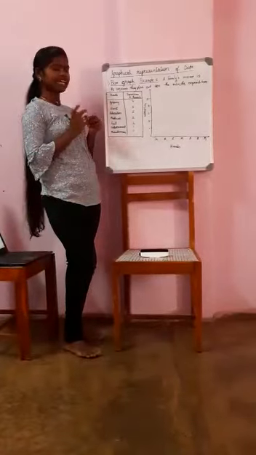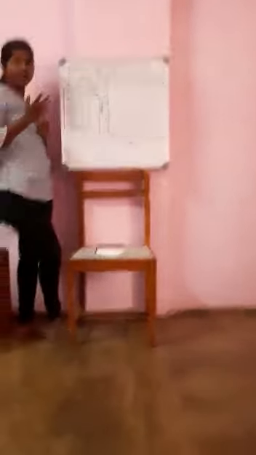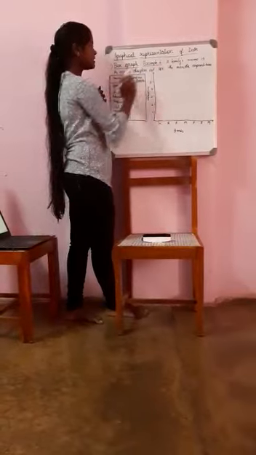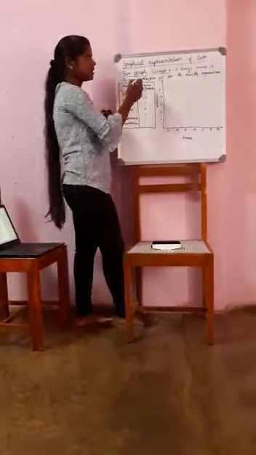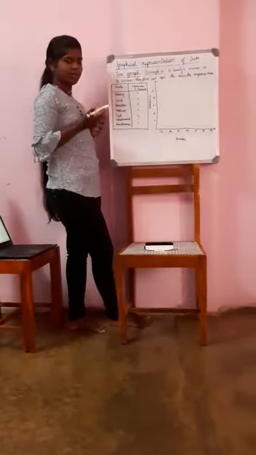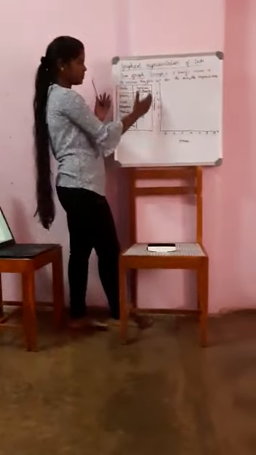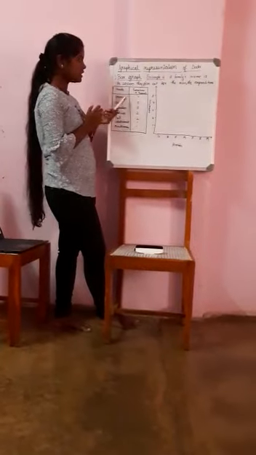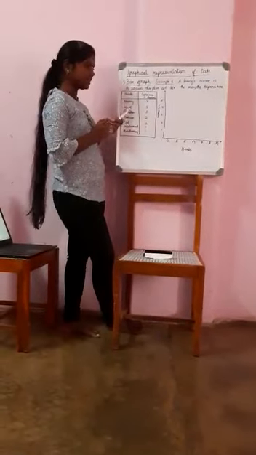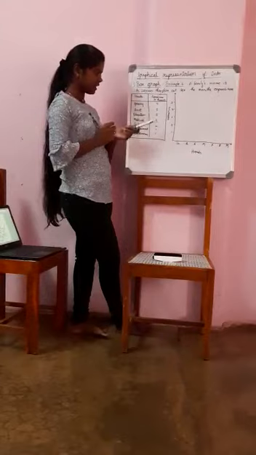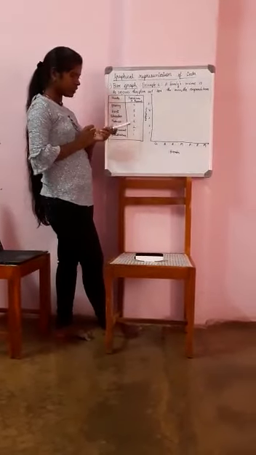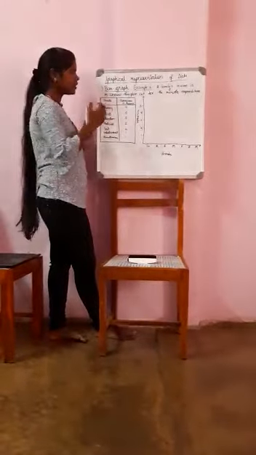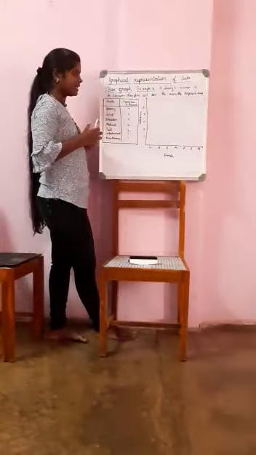Now I have considered an example to show how a bar graph looks and how to plot one. A family's income is 20,000. They plan out the month's expenditure. So this is how they have planned it, in the tabular column. For grocery, they are going to spend 4,000, rent 5,000, education 5,000, medicine and fuel 2,000 each, entertainment and miscellaneous 1,000 each. Now how do I plot this in a bar graph?